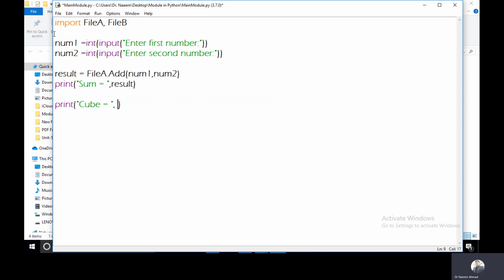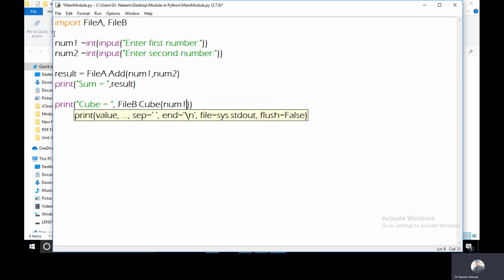I will call file B dot, and in this module I am having the cube function, and I will pass num1. Only one number I need to pass.